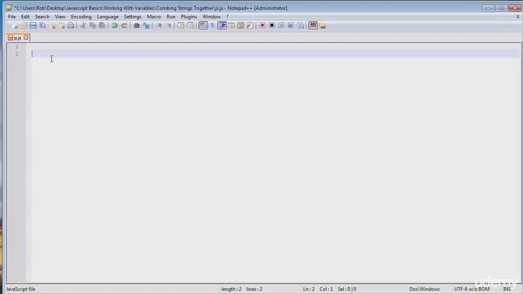Now that you know how to collect information from a visitor using the prompt command, we can start to build some programs that have a little bit of interactivity involved in them. In today's lesson, you're going to be learning how to combine strings together to create some messages from our visitor's input. Using the example from our last program, we are going to take our visitor's age and add that input